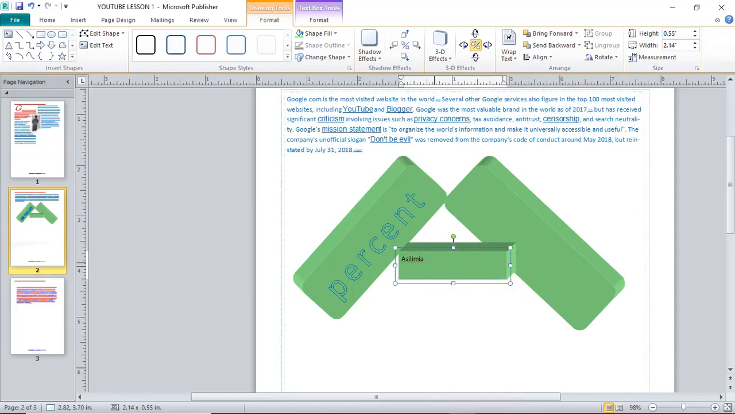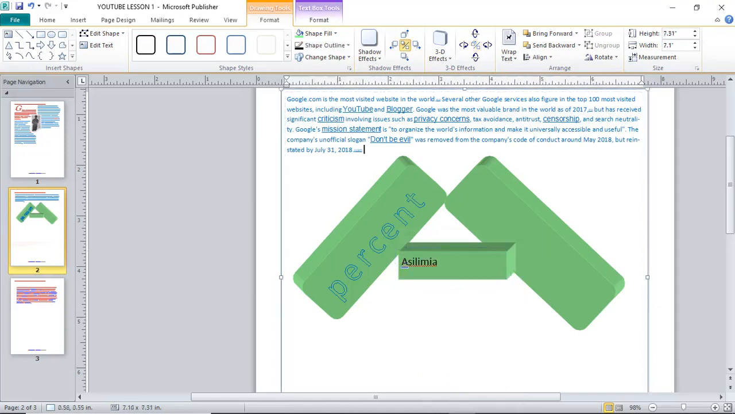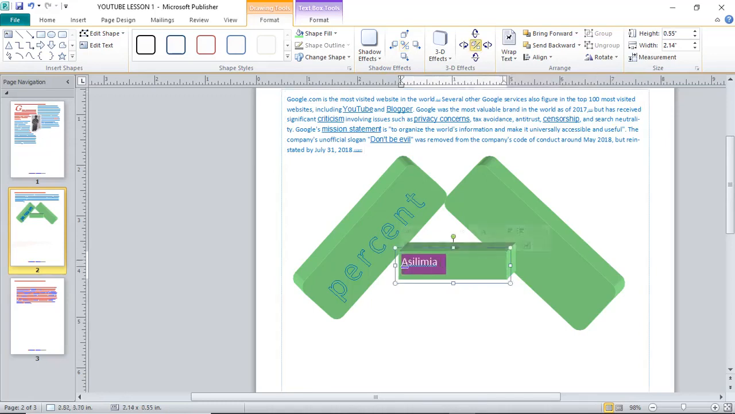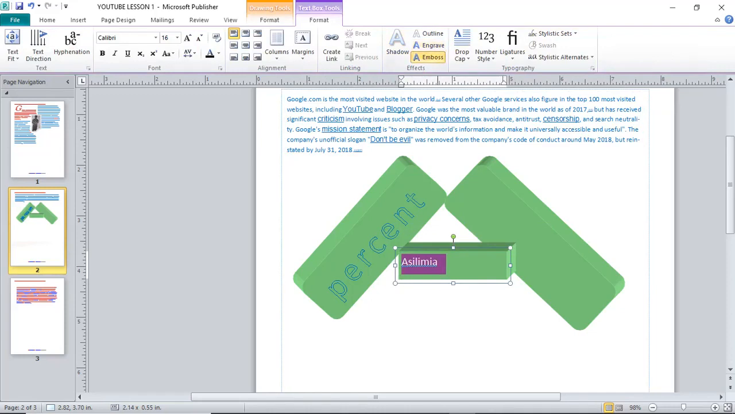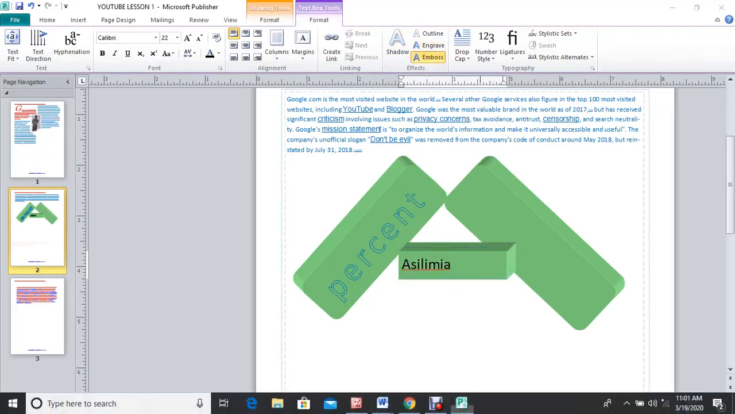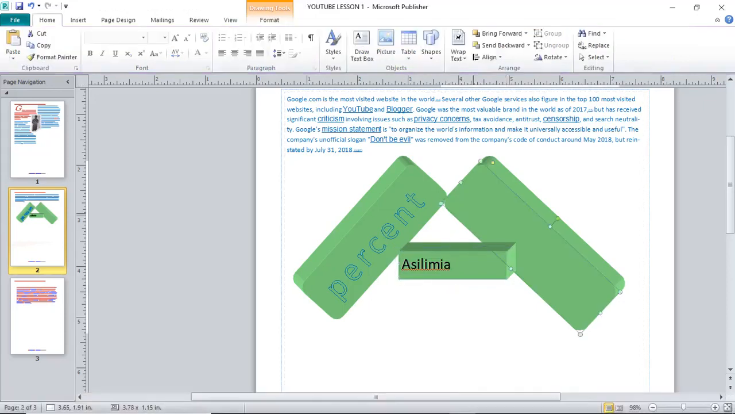Okay, percentage is called asilimia in Kiswahili. Asilimia. Now this one you can also work on the font. We make it embossed, then we increase the size. Now I need to